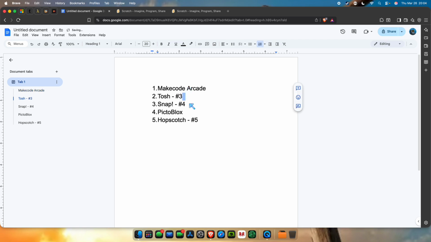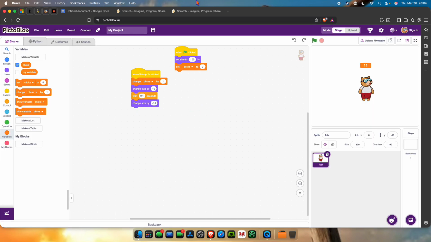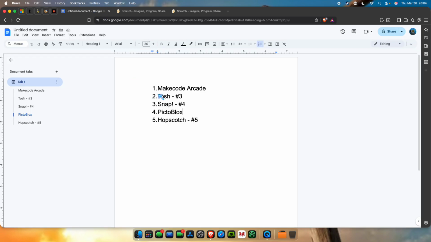So Tosh, I was gonna put Pictoblox at number 3, but Pictoblox has those other things we didn't even look at, like the machine learning and that stuff. So Tosh goes to number 3. I love how Tosh is like Scratch, but text-based. So Pictoblox is going to number 2. And that leaves us with our grand champion,